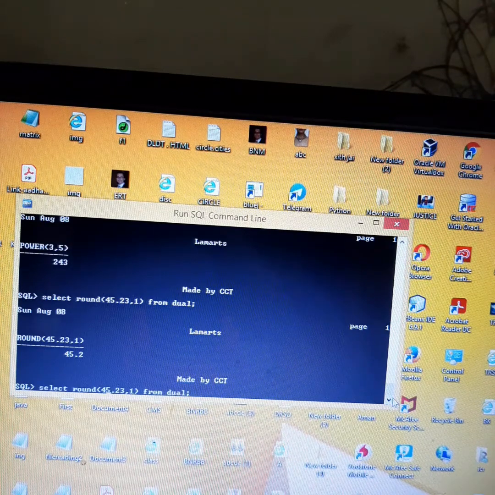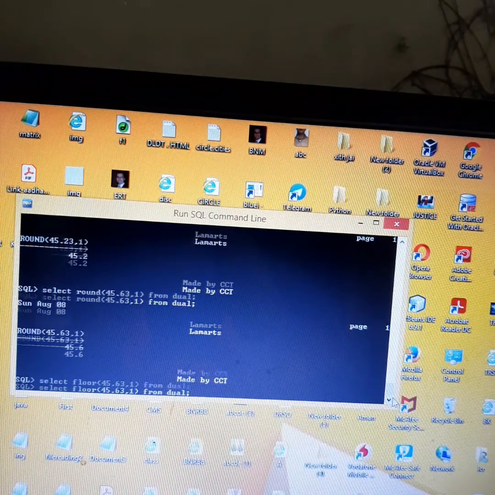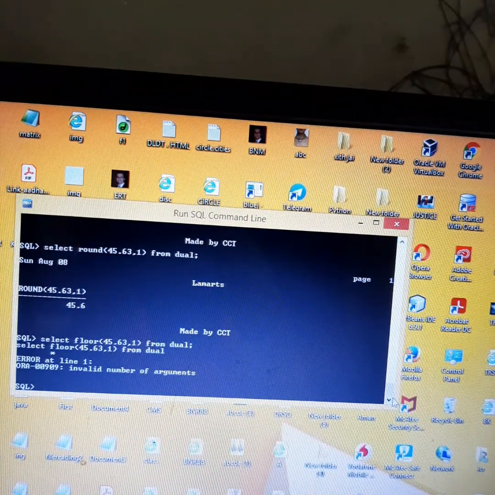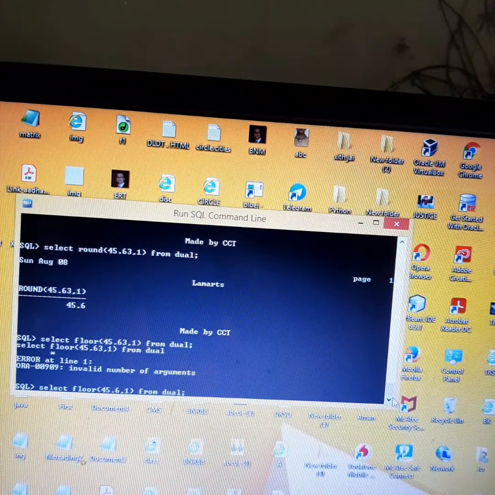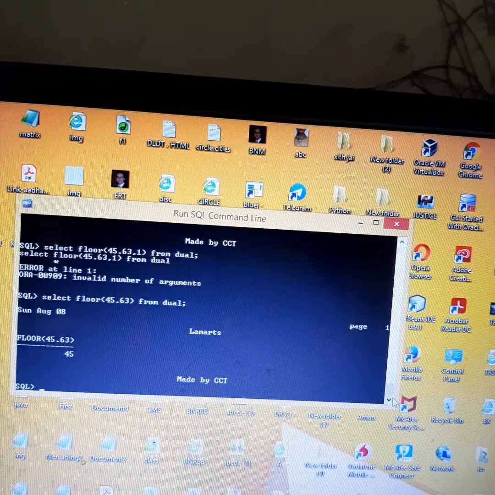If instead of 45.23 I had given something like 45.63, it will give 45.6. Floor will give the nearest lowest value. If I give this and instead of round I write floor, the nearest lowest value will be, sorry, I am giving the truncate one also, it should be only 45.63. So 45 is the answer.